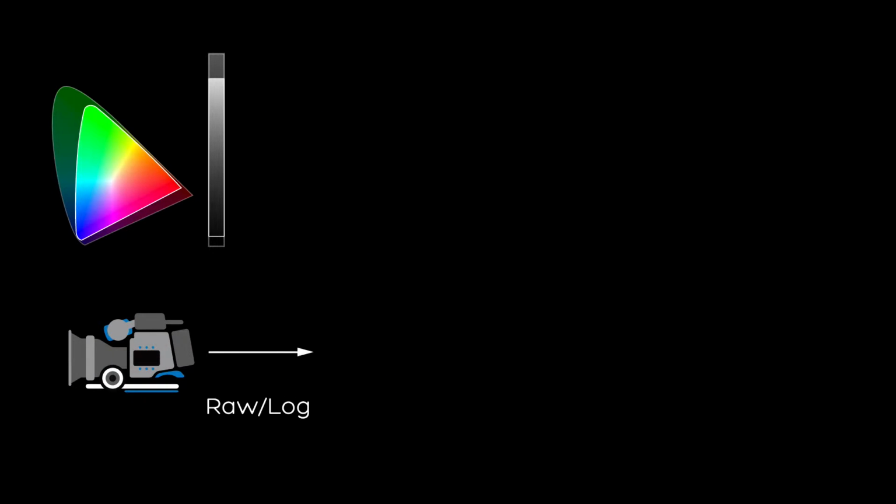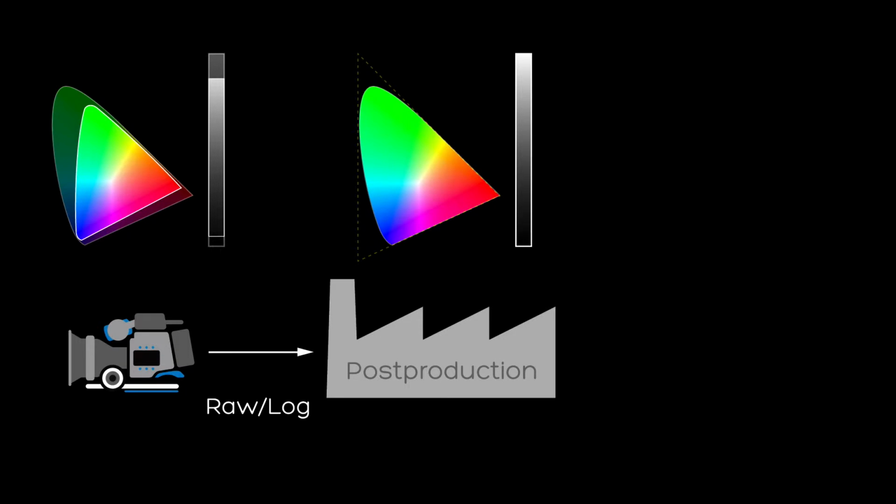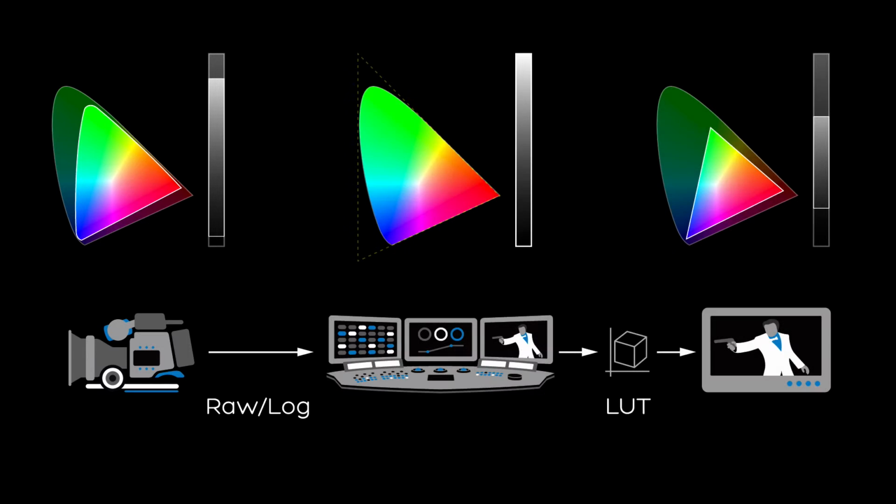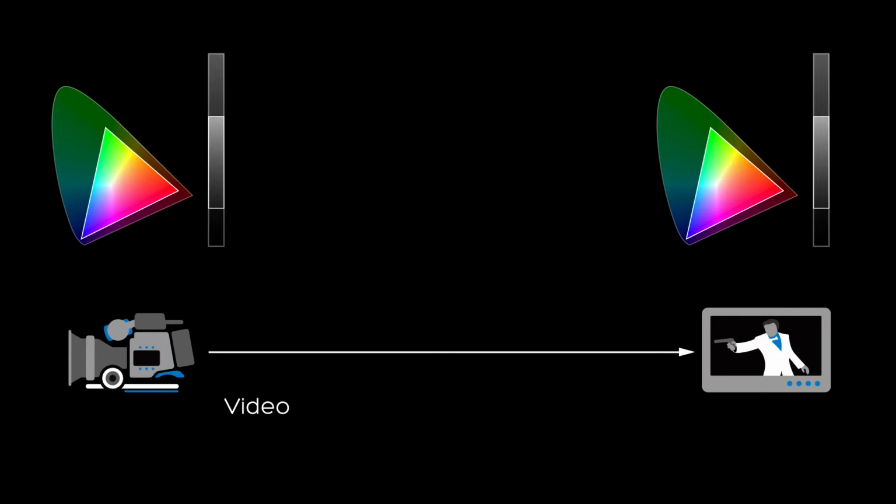In the first case, where the camera records scene-referred RAW or log data, the originally captured high dynamic range and wide gamut images would still be available during the later stages in the post-production pipeline, and this is generally the preferred option for color grading. However, the second case, where the camera records images in a display-referred color space, has the advantage that the recorded data can be viewed directly on a monitor or projector, or even broadcast without requiring any further processing or color space conversion.